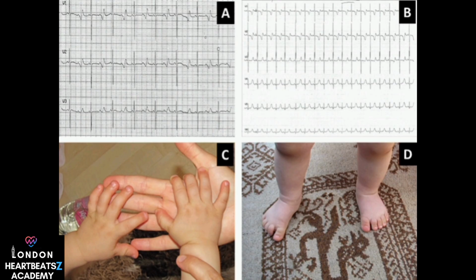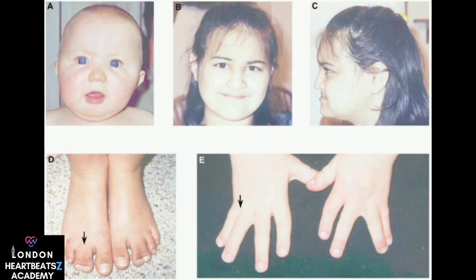Neurologic manifestations are common, including speech delay, impaired communication, and ataxia, which is a lack of muscle coordination. Immune dysfunction leading to recurrent infections and problems with low blood sugar, hypoglycemia, have also been reported. It's a truly multi-system disorder. What does the ECG reveal specifically for Timothy syndrome? What are the key electrical signs?